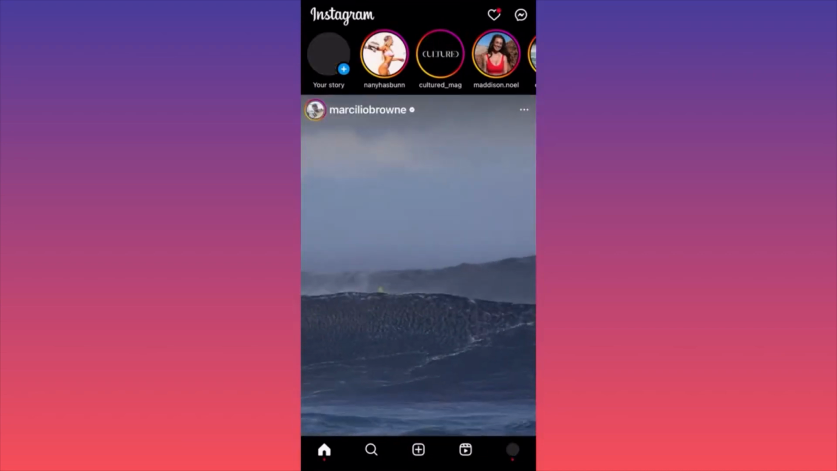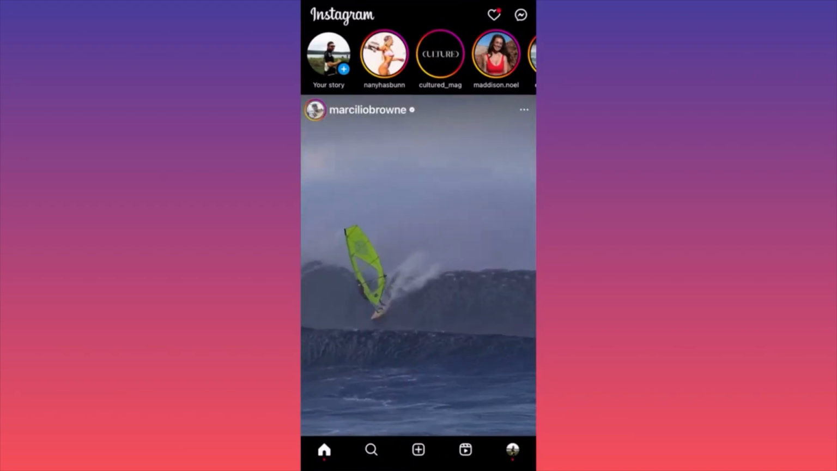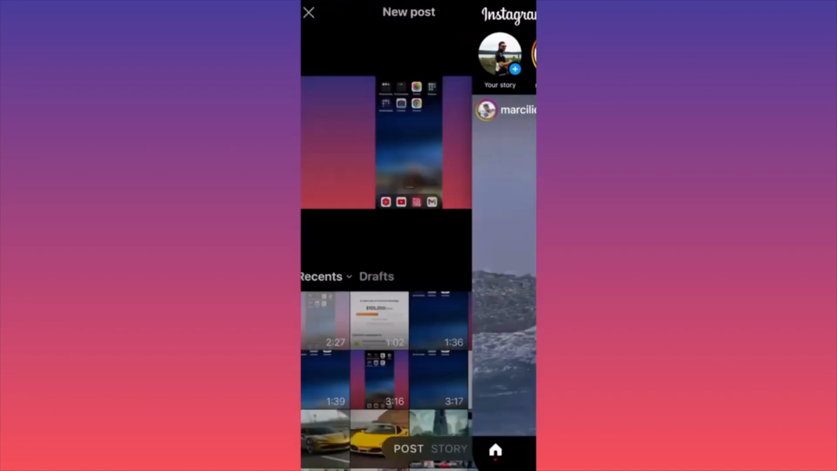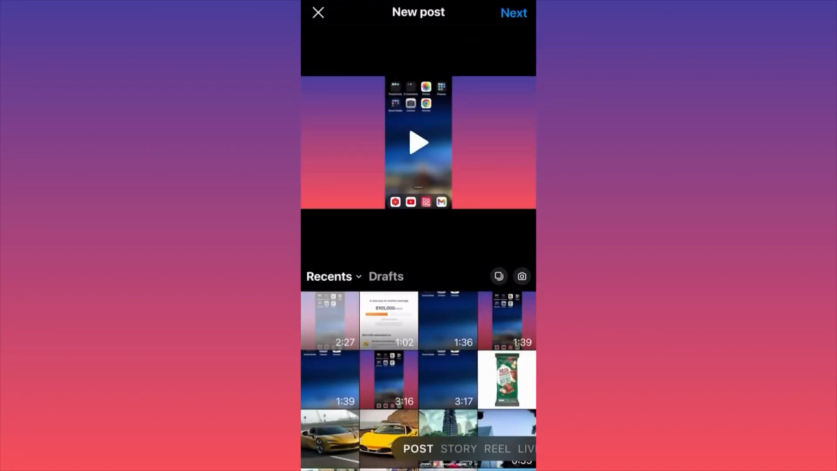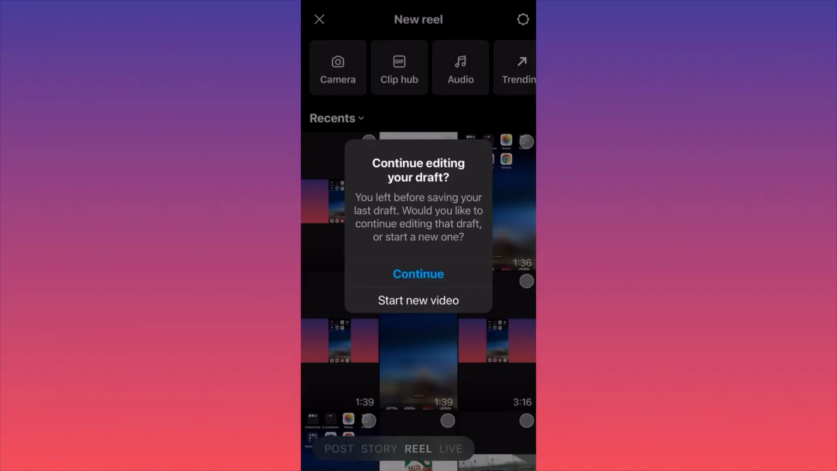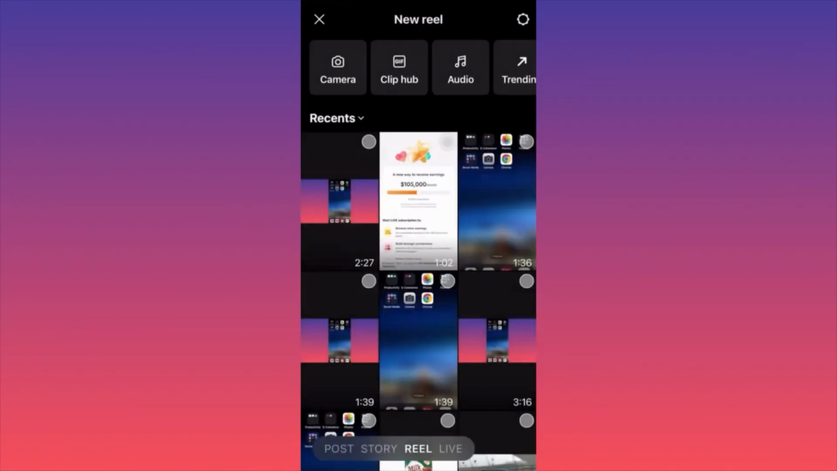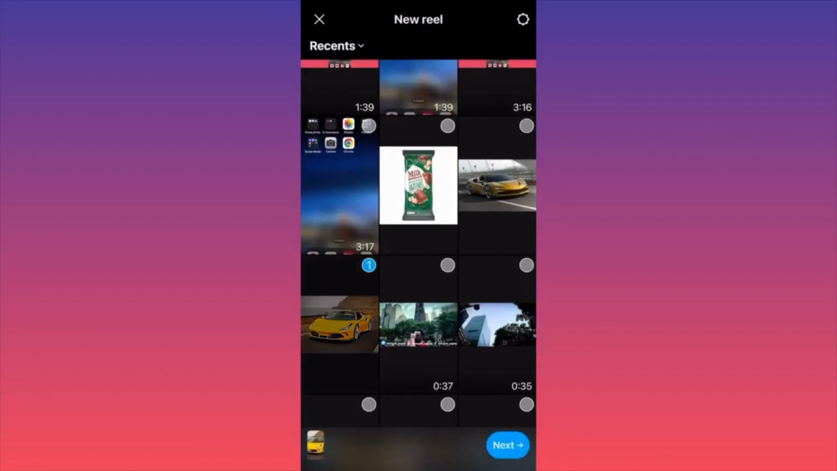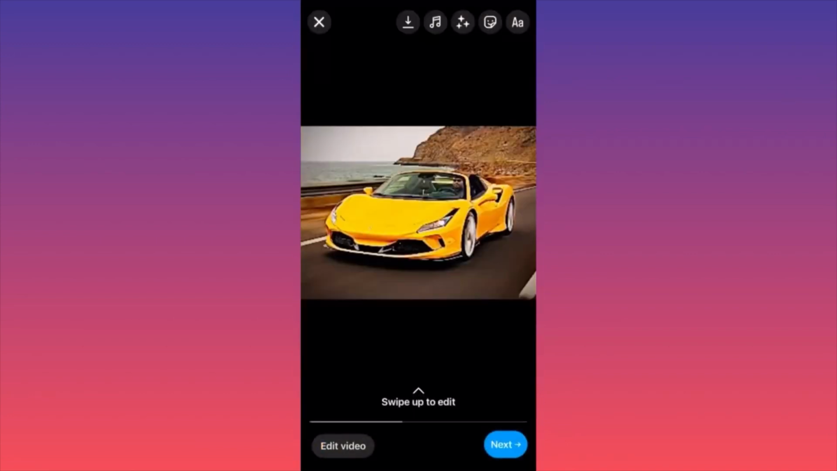Now guys, let's create a brand new post. Click on the lower center of the screen, hit the plus sign. Now let's try to slide on the side from post to reels. In this example over here, guys, I'm going to use this image over here and we're going to create reels